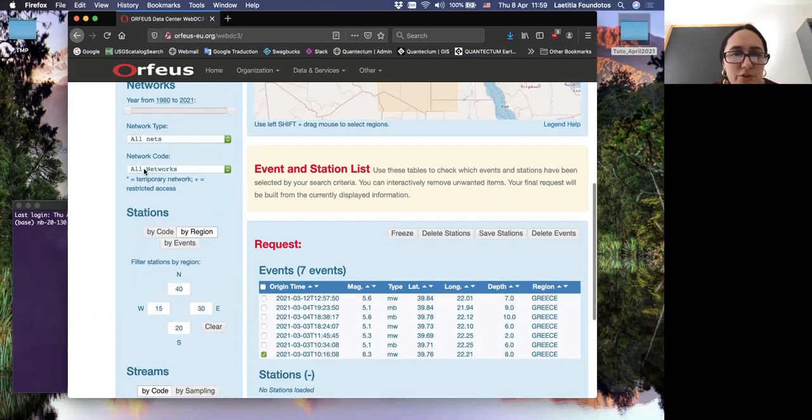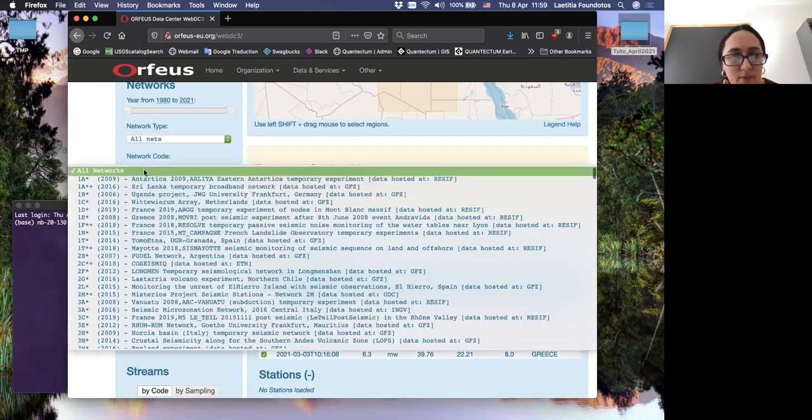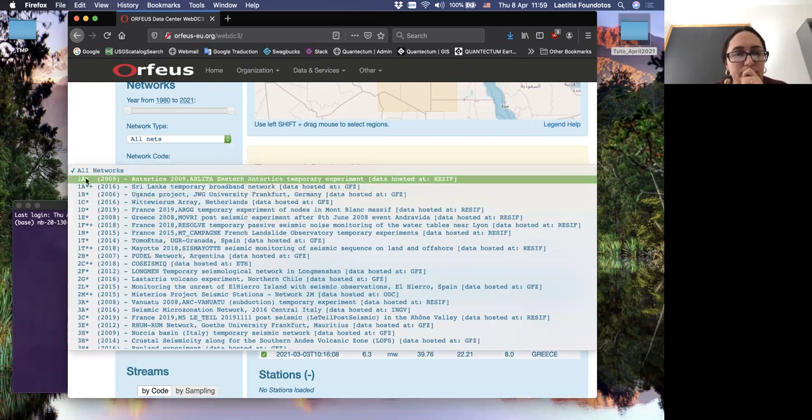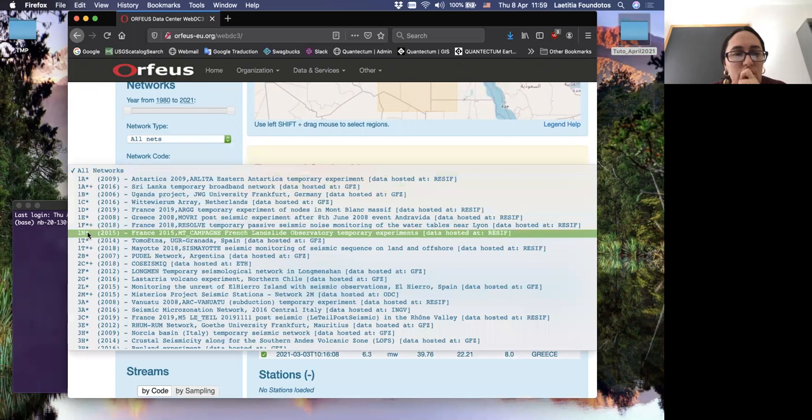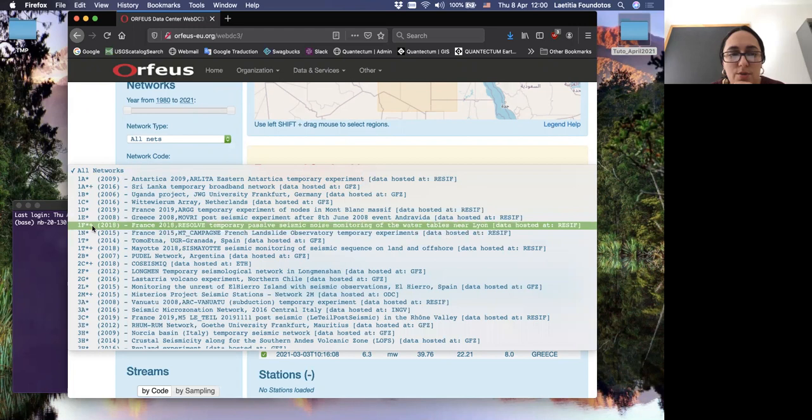You can also search by a network code. In that case, all networks which have an asterisk here are non-permanent networks.